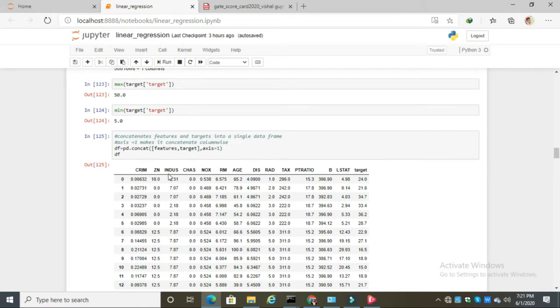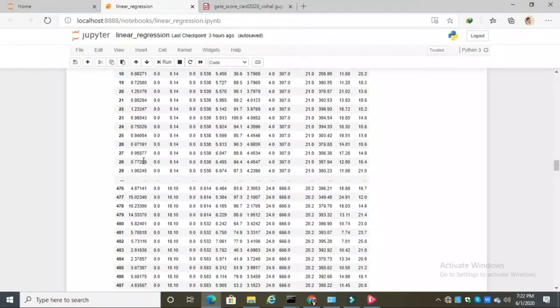We are using the concat function of the pandas library, and axis is equal to 1 denotes the column-wise concatenation, because by default axis is equal to 0, which denotes the row-wise concatenation, but we have to concatenate column-wise, so we are using axis equal to 1. Now printing this data frame and getting the output like this.